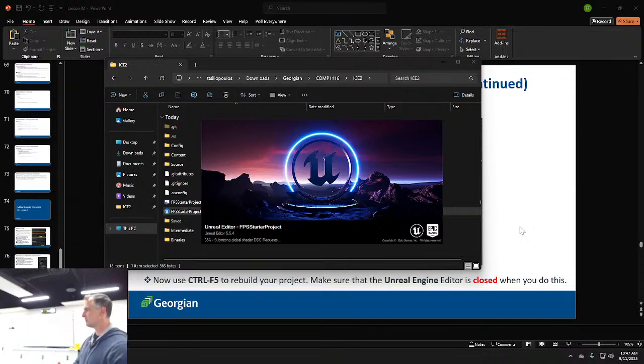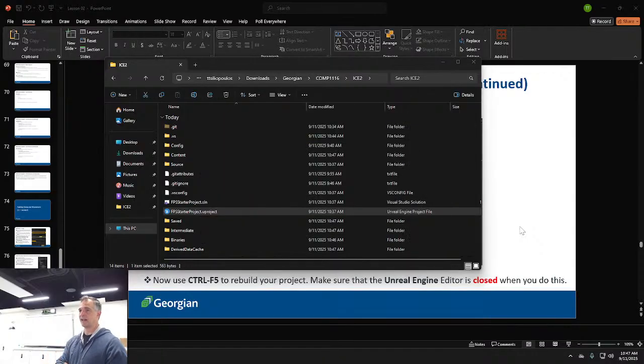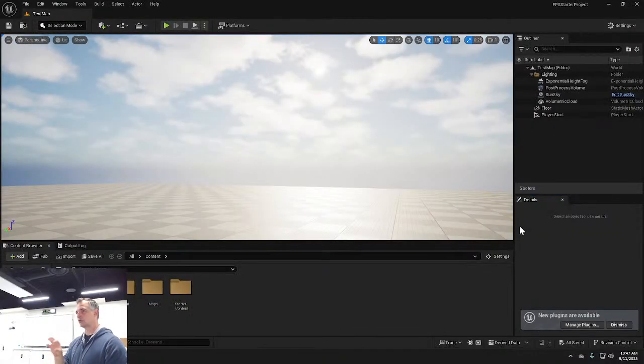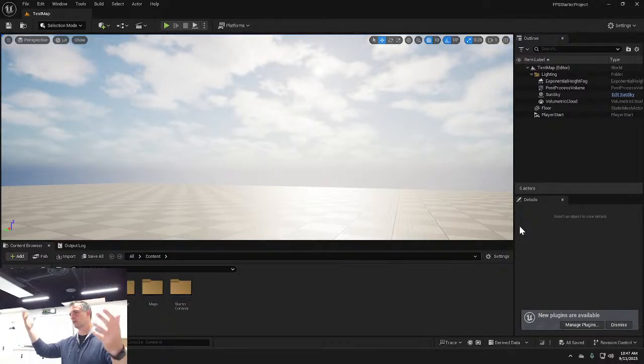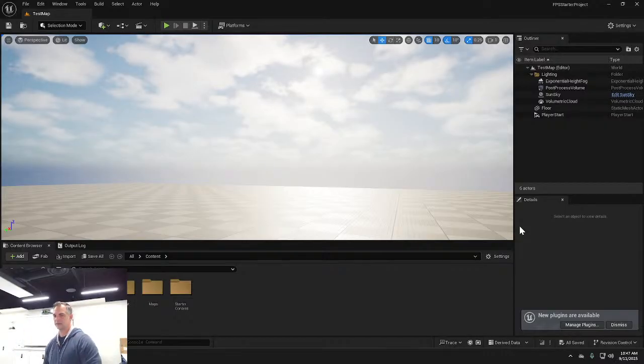So this is what I'm expecting you guys to do. If somehow Control F5 didn't work, or you've added a new feature, like the enhanced input system, especially modules, modules, I feel, do this more than anything else. On Visual Studio, remember, you're connecting two big tools, Visual Studio and Unreal Engine, all at the same time. And sometimes those two things have issues. All right,